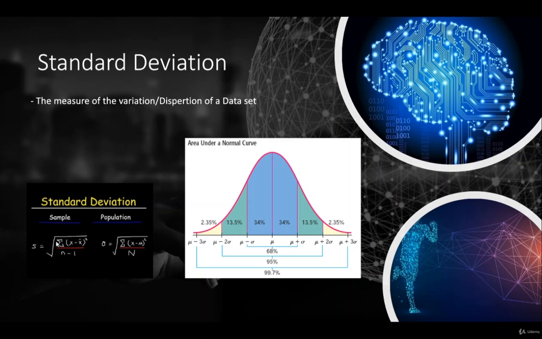And at the end, it's going to be the square root of everything. How to interpret the standard deviation, sorry. It's pretty simple. Basically, let's say you have a data set with a mean of 10, and in this data set you have a standard deviation of 2. So if you add to your mean, or your average, 1 standard deviation, you have 68% of chances to